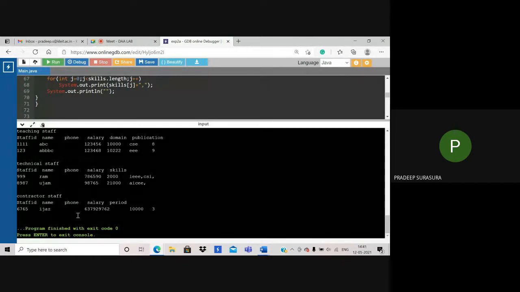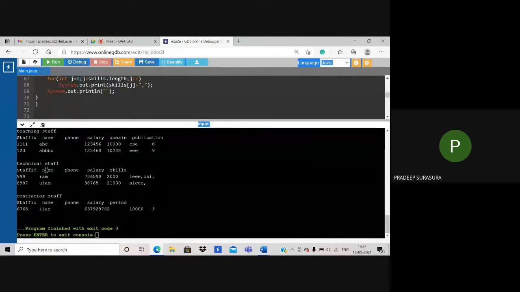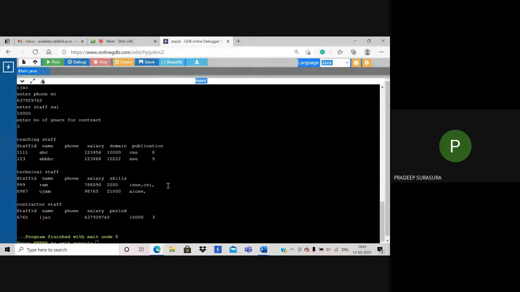Now this is the output once I enter all the information. Till here I entered the information and I see the output is here. For teaching staff: staff ID, name, phone number, salary, venue, publication, followed by technical staff information like staff ID, name, phone number, salary, skills.